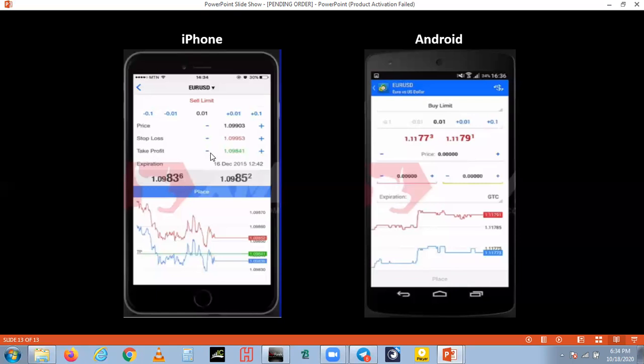All right. This one too. The reason this place button is showing blue is because the price has been typed. All right. It has been typed. That's why it's showing blue. So if there's no price, you will never be able to place your pending order. All right. So okay, that's it for